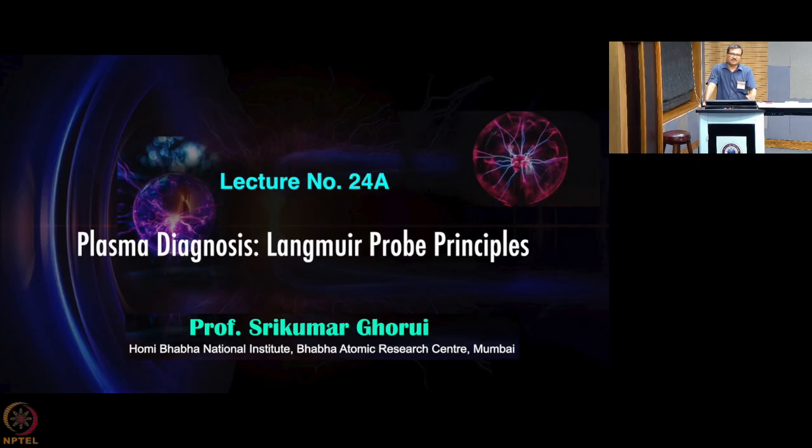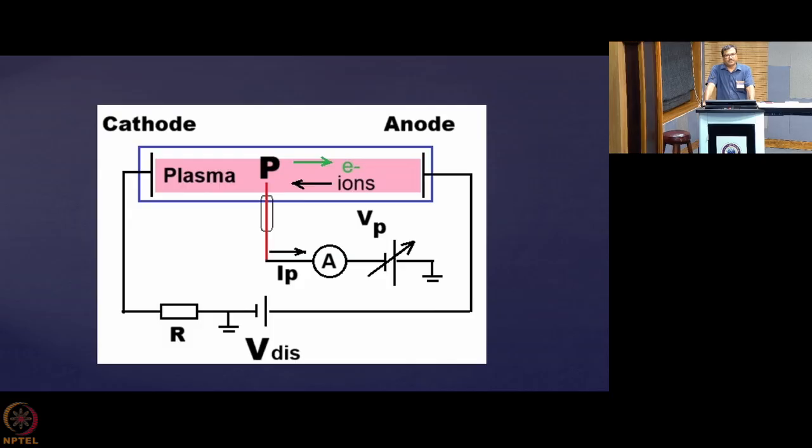So, what we are discussing is plasma diagnosis, the Langmuir probe technique. Here, what we are doing basically is that there is a research tube within which we have established the plasma discharge, and we have inserted a probe and we are just biasing it. That is a very simple scheme. So, how are we biasing? We are biasing using this controlling source. Some current is coming and we are measuring that, maybe using an oscilloscope or by some other means, and this circuit basically continues to maintain the discharge.